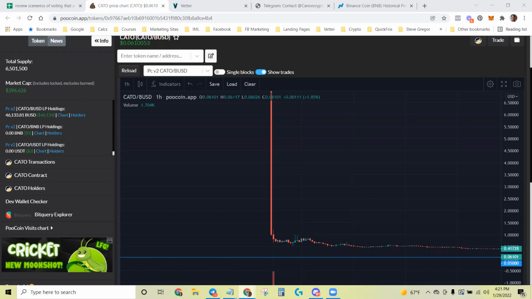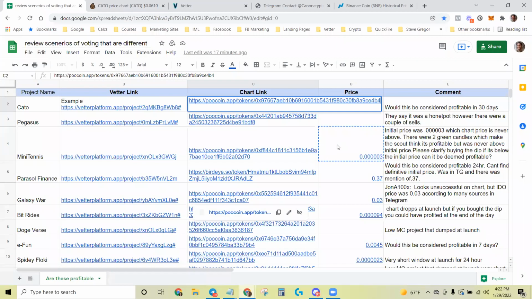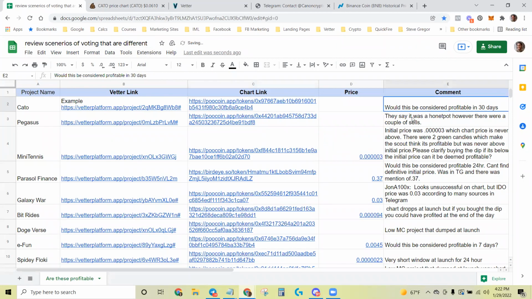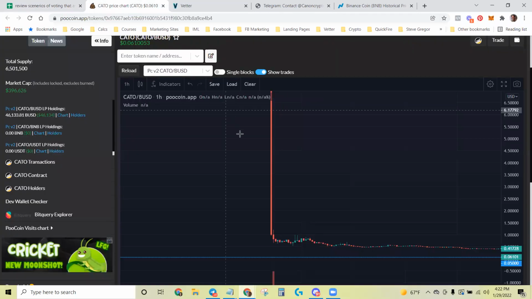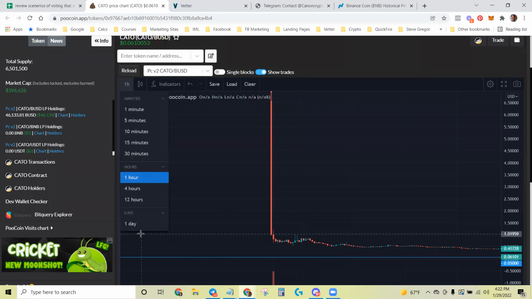So with all that said, let's tackle this first chart. Okay, so this is Cato. And the question on this was, would this be considered profitable in 30 days? So we go to the chart and we were able to find the IDO price, which is 0.05, which is this blue line right here. And if we were to go to the daily,